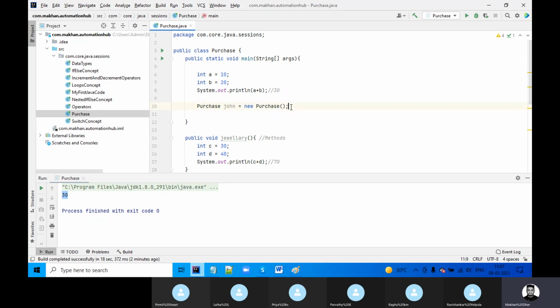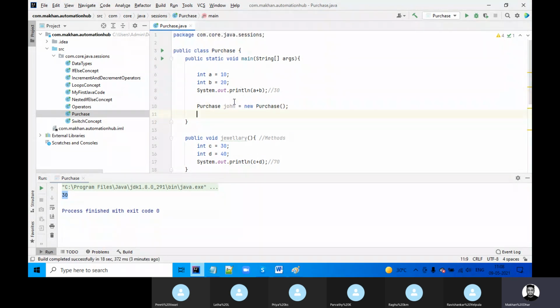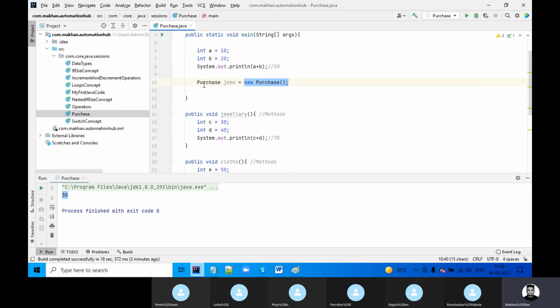This is a statement, ended with a semicolon, and new means you are creating an object. The left hand side is the object you are creating. It's a reference variable, nothing else. Obviously a person will have some name, so you are just giving one name to that particular person, and you are taking all these actions from these methods. So this is the syntax to create an object.